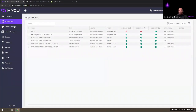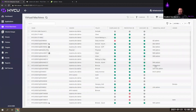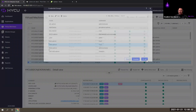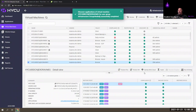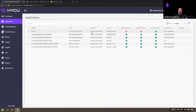On the application side, as soon as you add credentials to any of the virtual machines, we start an automated application discovery. Bear in mind, all the backup sources are backed up without any proxies, without any agents. So we are an agentless, proxyless solution, right? There are no proxies, no agents. And as soon as we discover from HYCU itself